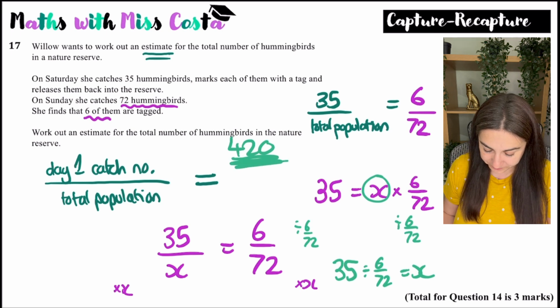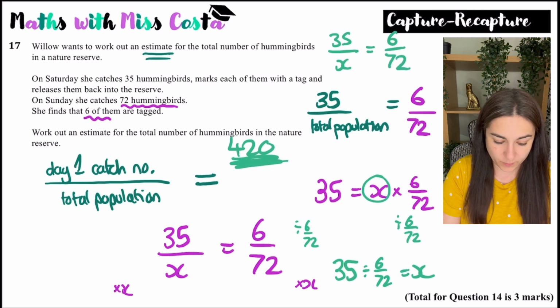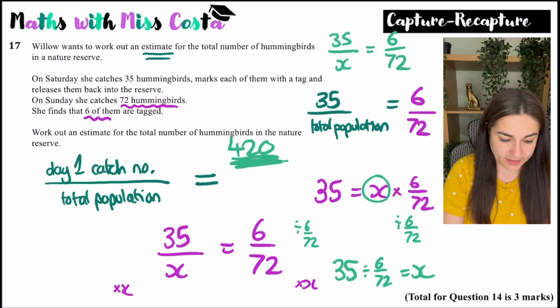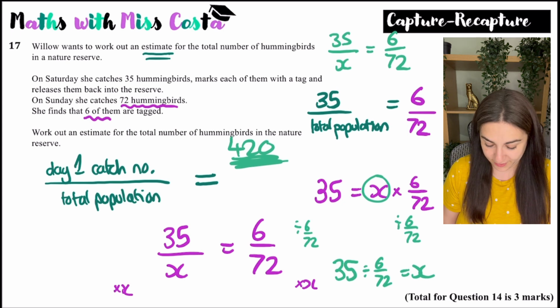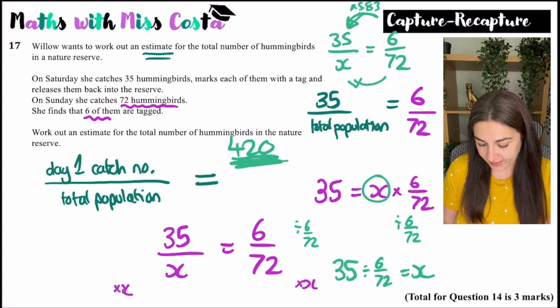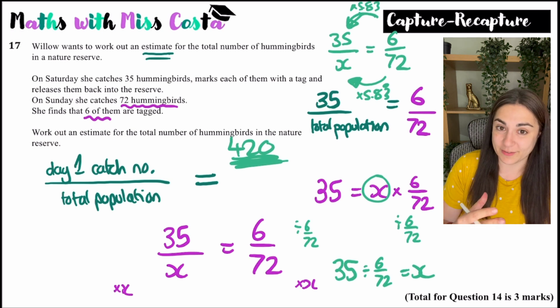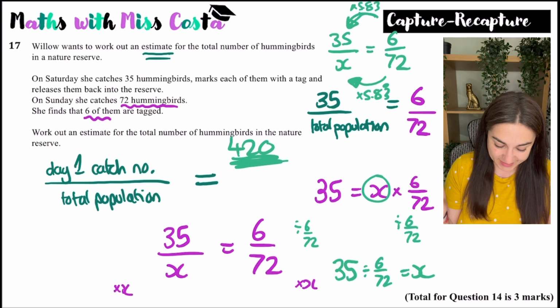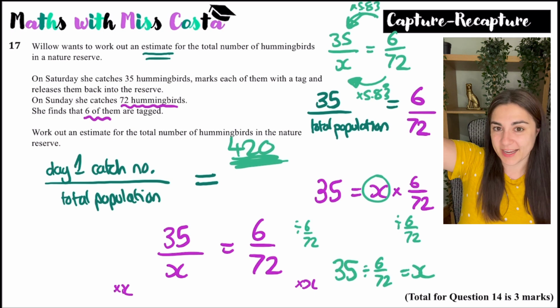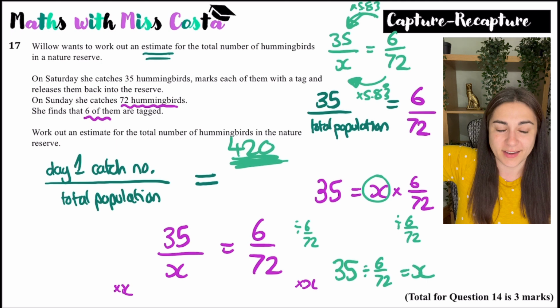Another way you could do it is you could have said 35 over x equals 6 over 72. So you could have thought to yourself, okay, what's 35 divided by 6? That is 5.83 recurring. So 6 times 5.83 recurring gives me 35. So therefore, if I multiply 72 by 5.83 recurring, that would give me x. So it depends which method you prefer, but essentially you write the amount you catch on the first day over the total population is equal to the fraction of the ones that are tagged over the total ones you catch